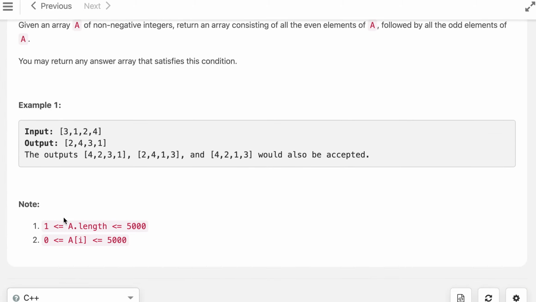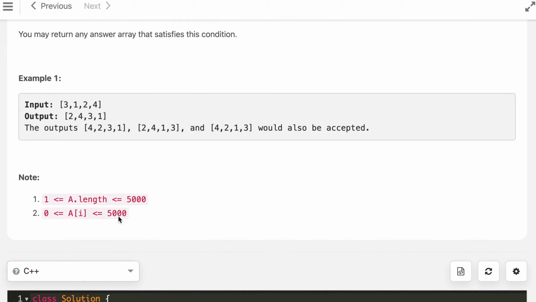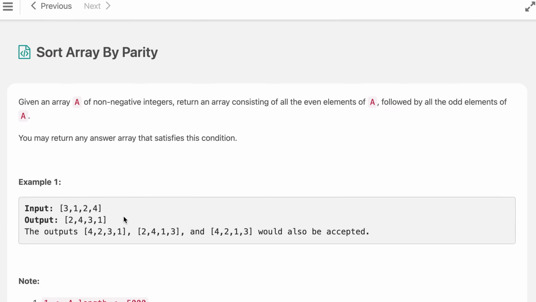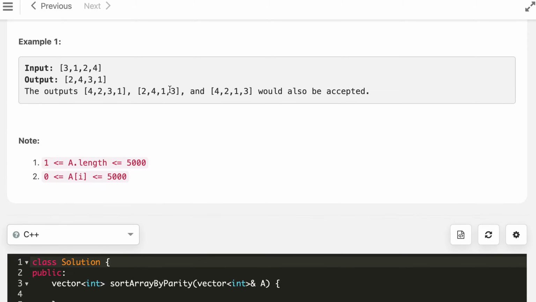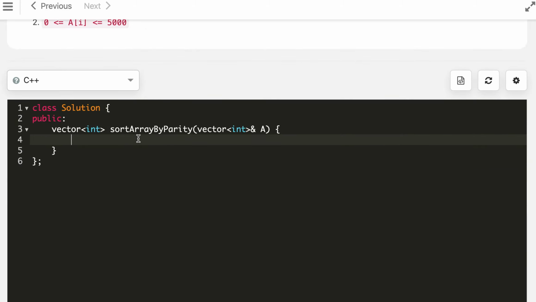And these are a few things which we will not make use of. It's given that numbers are positive, so that does not matter. And you can see that any order is fine, provided all the evens occur first and then odd numbers occur. L is 0, R is A dot size minus 1.